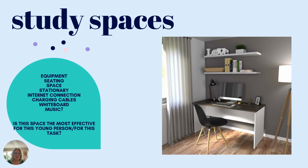All of those kind of things. Okay. So, also, the one thing I found really useful is having a whiteboard, so that it's really clear, all of those visible things that we talked about yesterday, it's just up there, and they don't have to go looking for it anywhere, that they can have a look and see what it is that they need to get done. As you're doing this, make sure that you do this with your child, and don't assume